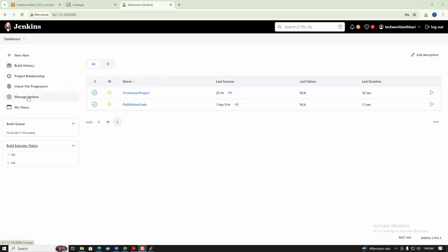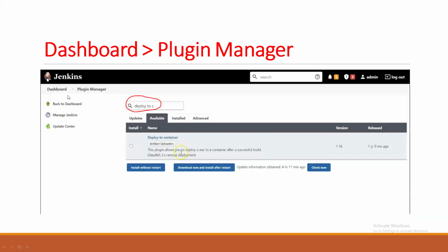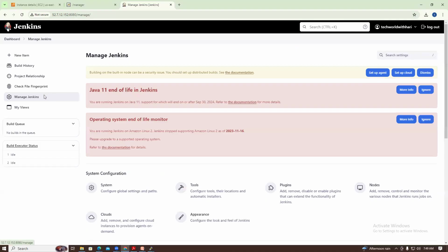Now go to Manage Jenkins. Go to Manage Jenkins, then Plugins, Deploy to Container. What is the plugin you need to deploy? So Manage Plugins, go to the plugins. Here we need to